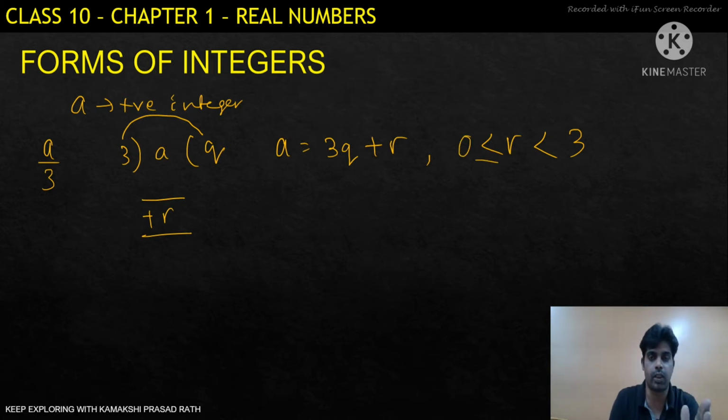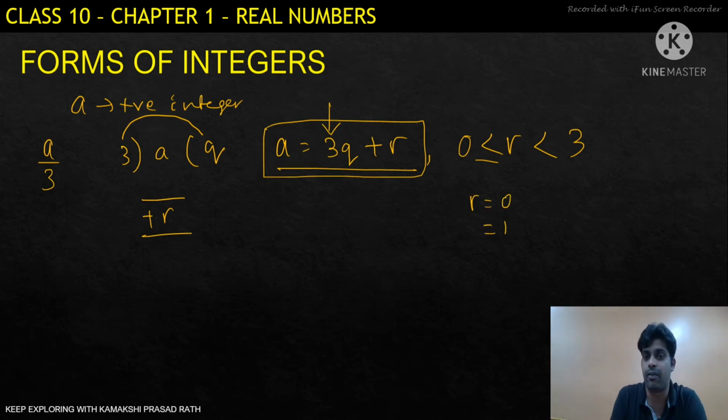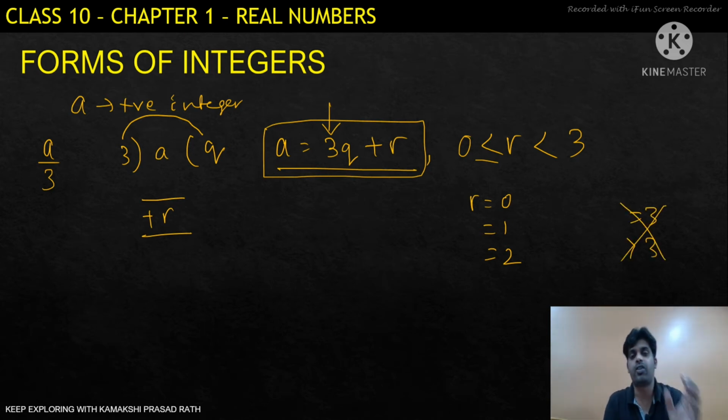Same thing, the same concept we use in Euclid's division lemma, we have put here. a equals bq plus r and r is less than b but greater than or equal to 0. So here what we see, when we write something in this form, it is clearly visible that we are dividing by 3. Now the same way here, r can be 0, it can be 1, it can be 2, but it can never be equal to 3 or greater than 3. So that one you have to keep in mind. So remainder will be 0, 1 and 2.